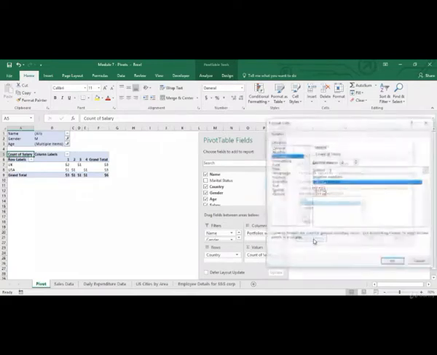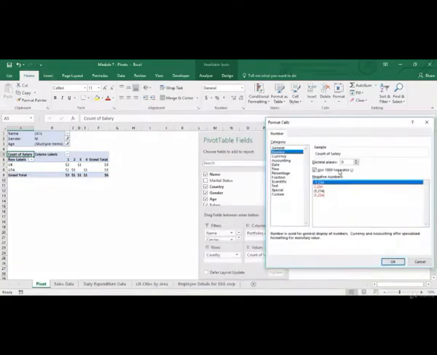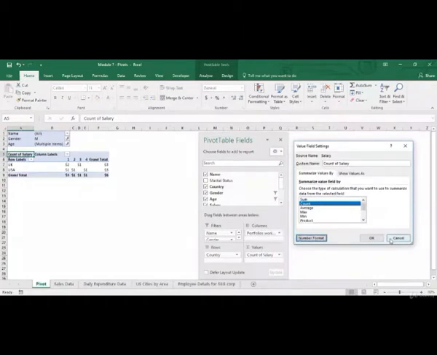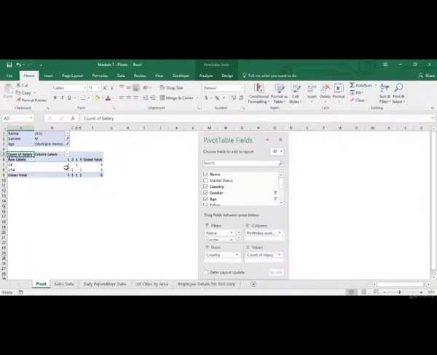Because I'm counting, let it be a number and click on OK. So now I've got 6 in total. We were looking at the male population which had an age of less than equal to 25. So for UK and US, I've got 6 employees in total, 3 of them in UK and 3 of them in US.